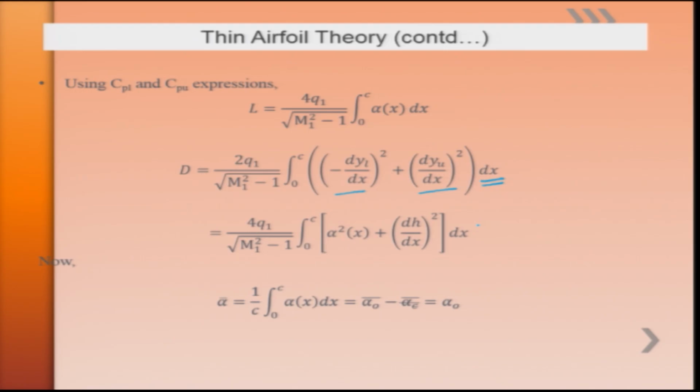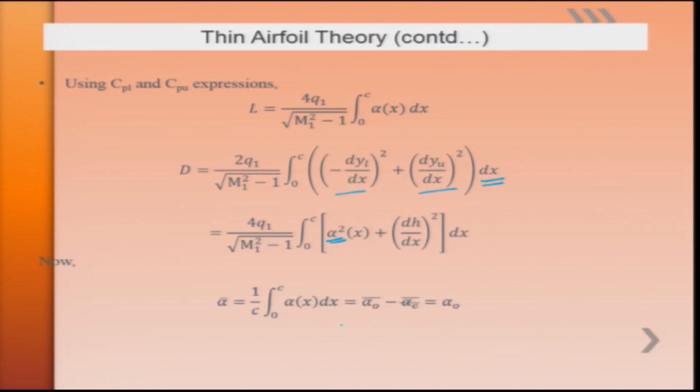Now rather than having the plane alpha, what happens for a geometric arbitrary shaped airfoil if we talk about the average local inclination? The average local inclination, denoted alpha bar, can be obtained as 1 by c integral from 0 to c of alpha x dx. Since alpha is nothing but alpha naught plus alpha c of x,